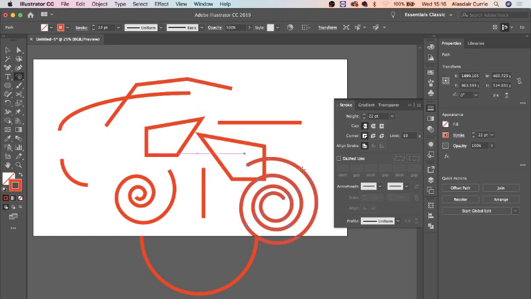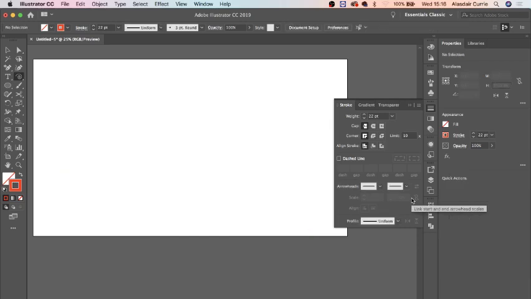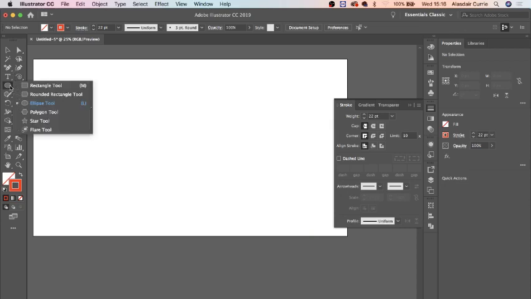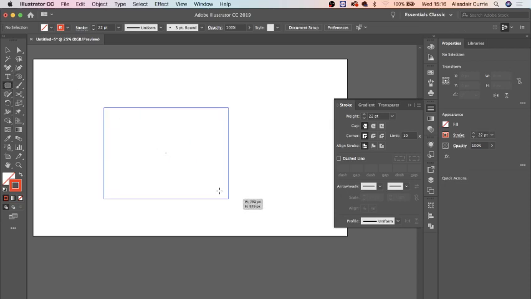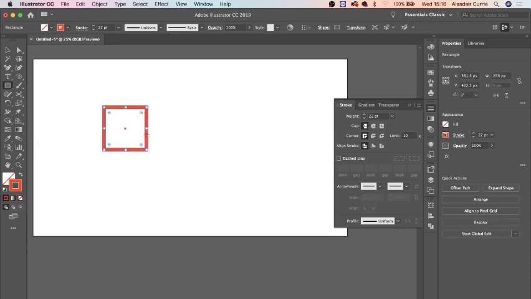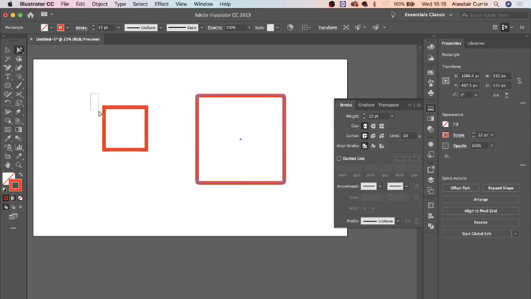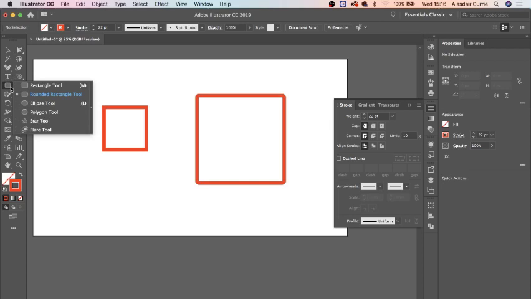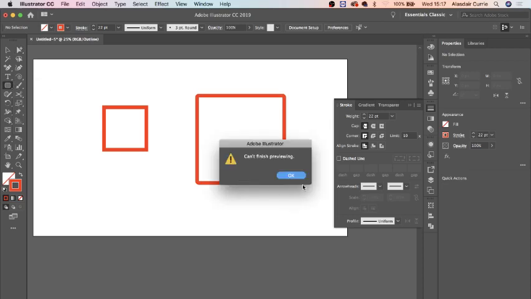I'm just going to select all of these objects and tidy up a wee bit, so that I can then go on to the shape tools. So the shape tools include the rectangle, which I've shown you before. Shift keeps it to a square. Pressing and holding, you can get a rounded rectangle tool. So that's the same, only it's got rounded corners. Although this tool is not as useful now, simply because there's been an advance in the program. I don't even know why they still offer this, because